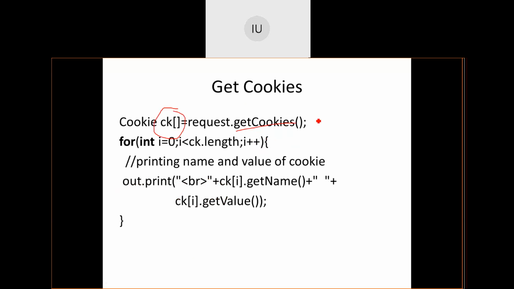Whereas get cookies, voice is breaking. Now is it okay? Can you hear me now properly? Yes, ma'am, but it is low compared to the previous. I have put the